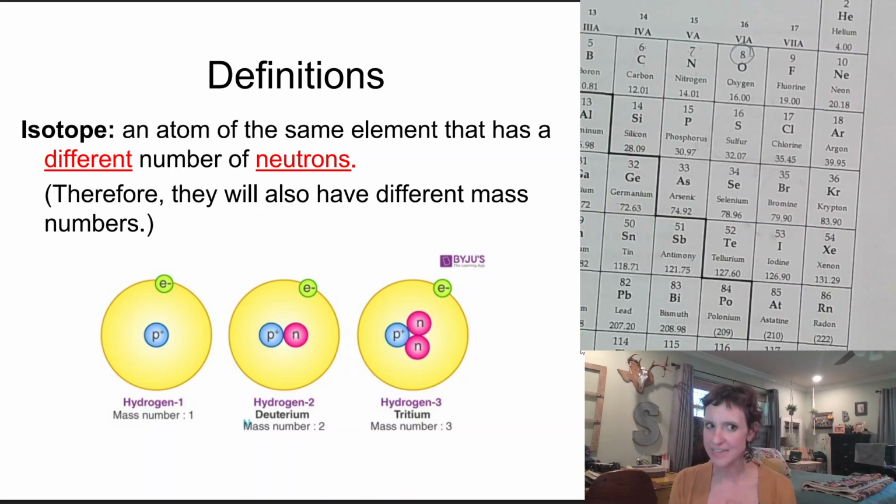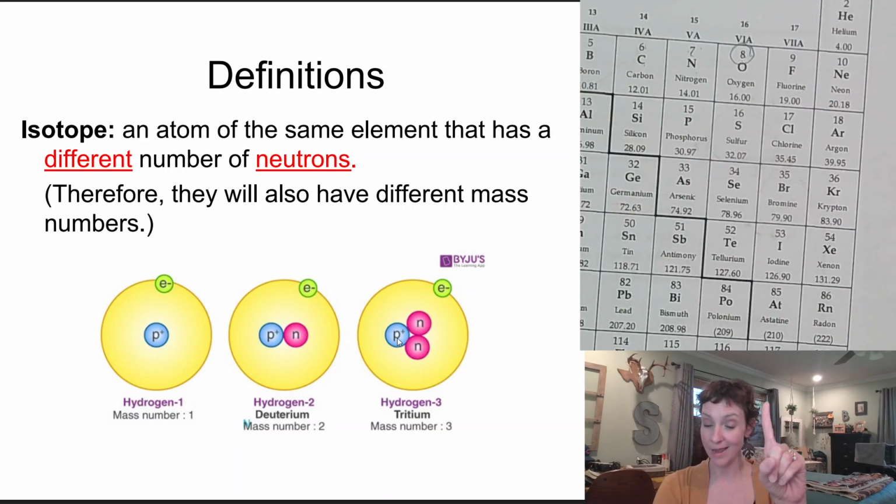Here's another maybe new definition for you guys, an isotope. We have an entire lesson about isotopes, so I'm going to kind of breeze through it here today. But an isotope is an atom of the same element that has different numbers of neutrons. So here I have 3 examples of hydrogen isotopes. They are all hydrogen because they all have one